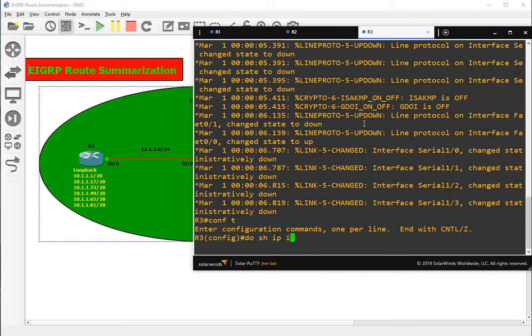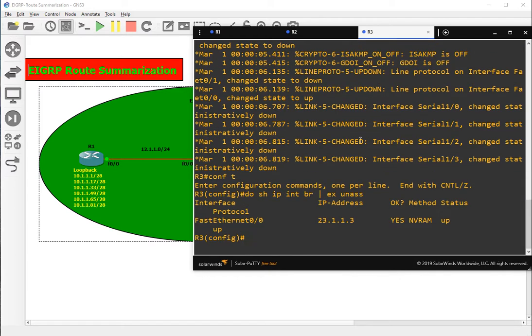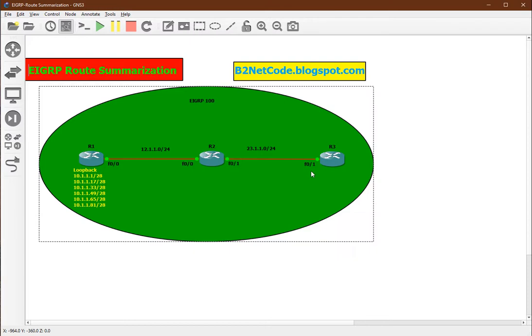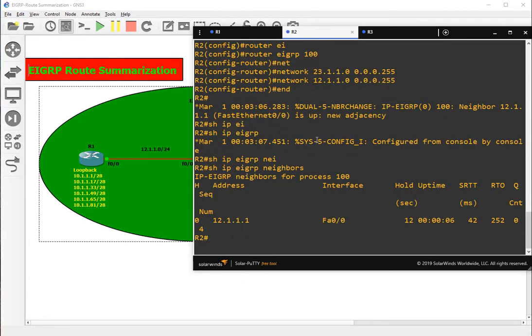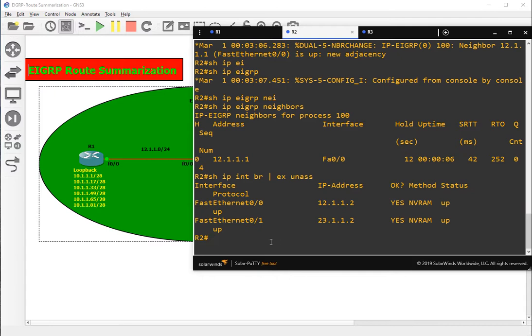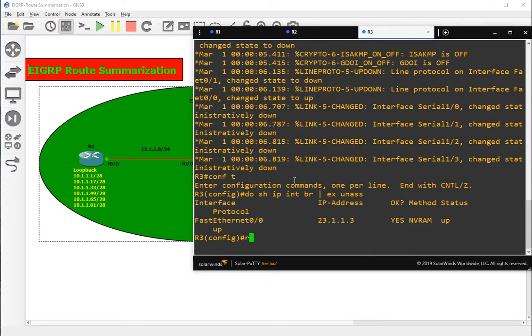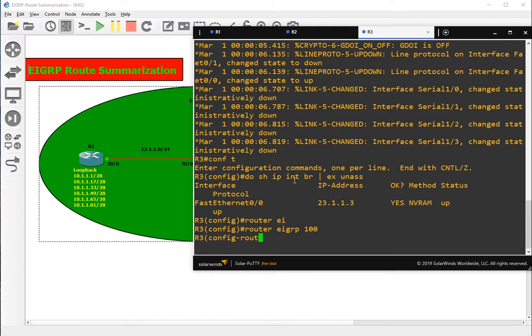Do show IP int brief, exclude unassigned. Okay, here we have the IP address already configured. Let's make sure here we have the IP addresses. Okay, and configure router EIGRP over here.